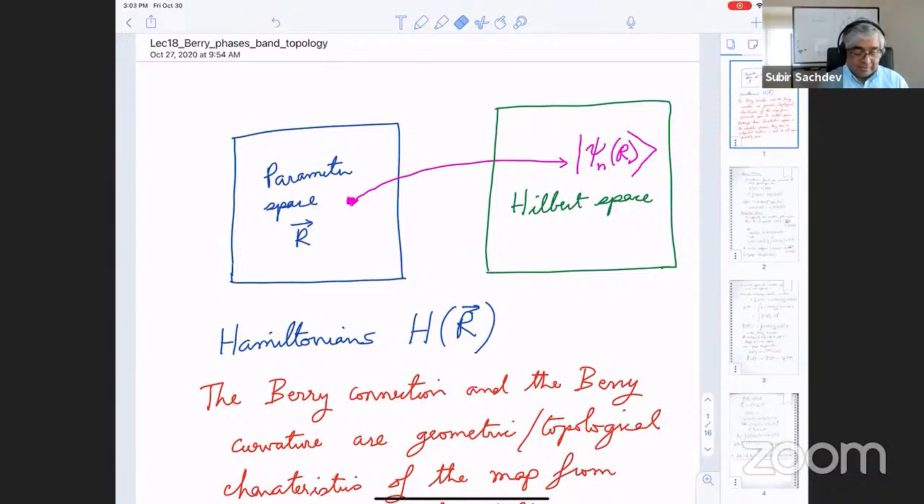Anyway, are there any questions about what we've covered so far on the integer quantum Hall effect and related topics? Okay, so